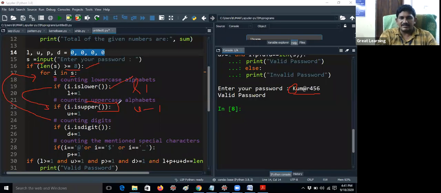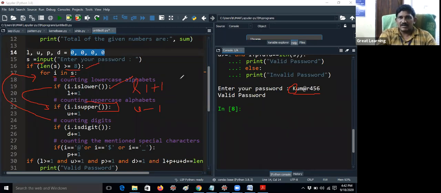So is lower returns a true value, so that's the reason it will execute l value is 1. Again it will check the for loop, because that condition is true, it will not execute the remaining if cases, because it is matched here. Now it will take m, so again m dot is lower. Yes, m is lower only, that means 1 plus 1, that means now 2. Lowercase letters are 2 now.